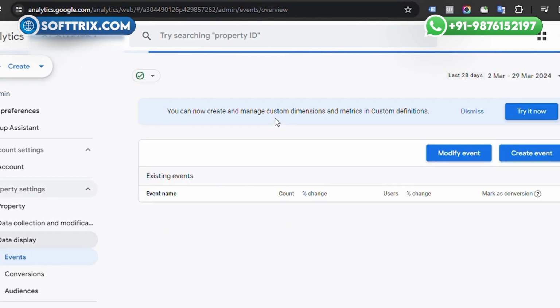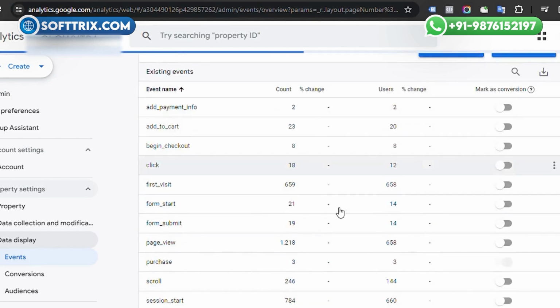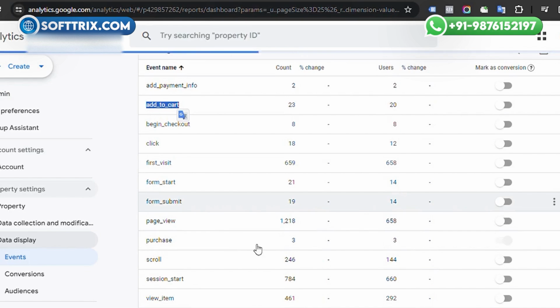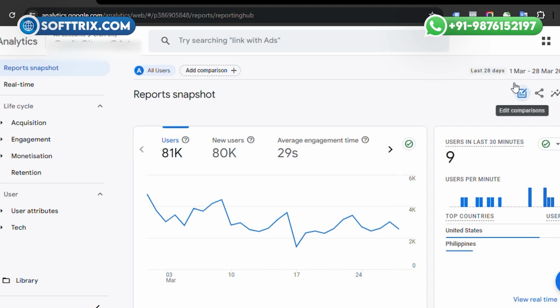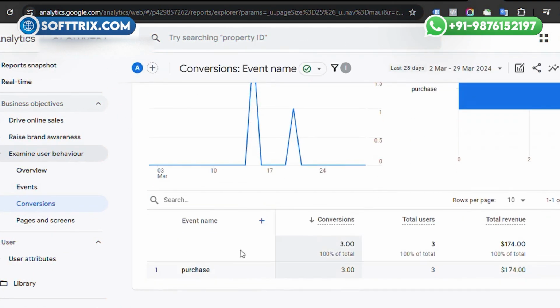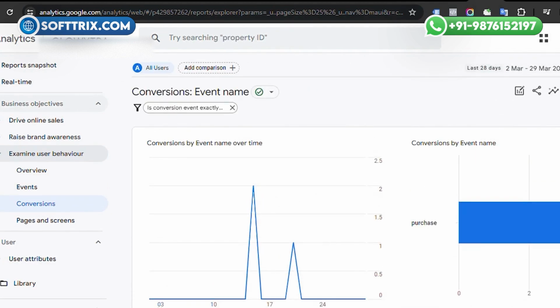Yeah, these are the accesses, and when agencies ask for access, it means they need to create events to track certain actions on the website. So it can be add to cart, purchases, or checkout. So why is Google Analytics access important? Because it gives detailed data on all the sources where the conversions are coming from, gives an idea of the benchmark conversion rates for different sources, and then it helps in planning and strategizing the campaigns according to that data.